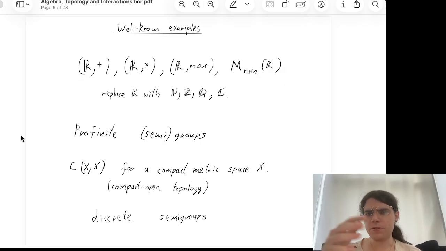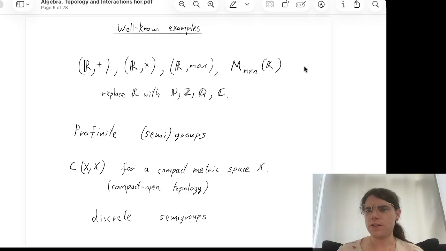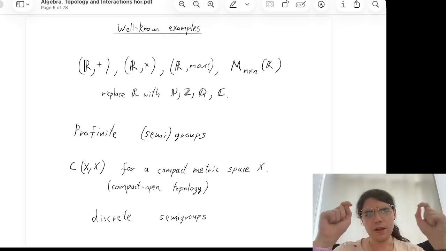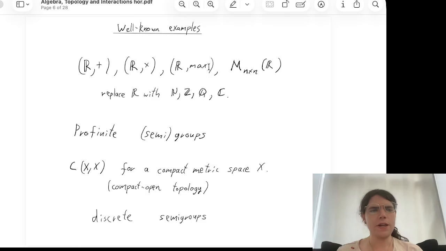So, important examples, I'm sure you already know almost all of these. The reals with various operations are continuous semigroups. I think the reals with max is an interesting example. It just takes two real numbers and outputs the bigger one. This is a semigroup operation. It's very different from the more common operations like multiplication, but it's a semigroup operation and it's continuous because the topology on the reals is compatible with the order in a nice sense. And the matrices also form a topological semigroup, and they're even a topological ring. And you can replace the reals with your favorite field which has a topology on it, including the complex numbers.